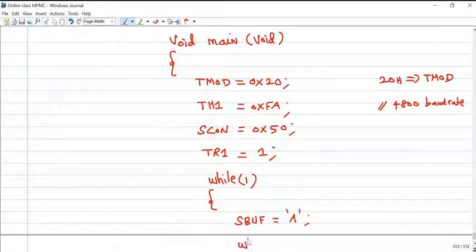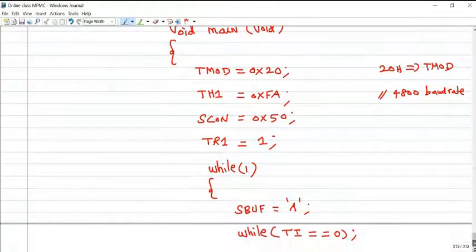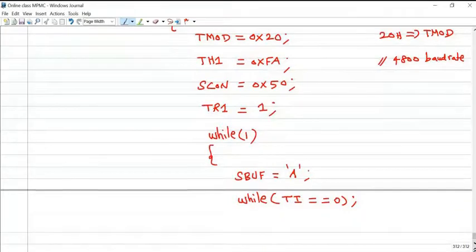Okay. So during the transmission, your transmit interrupt flag equals 0. This line indicates it waits until your transmit interrupt bit TI equals 1. Once the transmit interrupt equals 1, then manually we have to clear the transmit interrupt flag bit for transmitting another set of information.